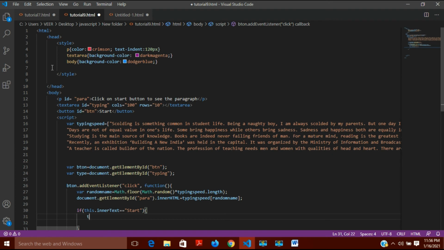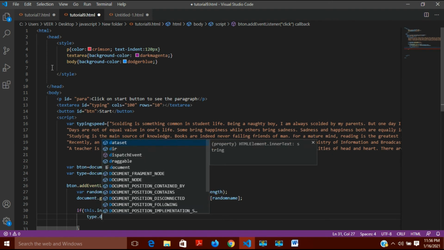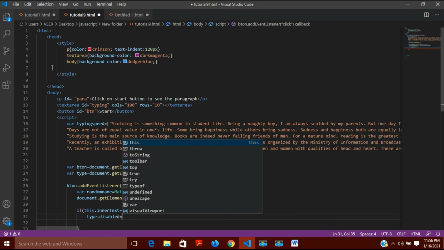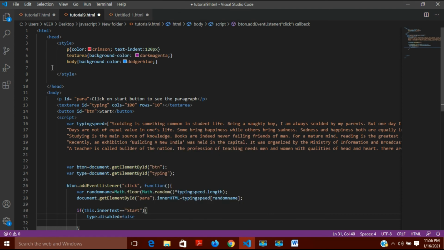Then type dot disabled is equal to false. Now what does it mean? Type here means the text area. In the text area I was able to write, but I want it to switch between true and false, meaning at one time it should not take any text, and at another time it should take text.